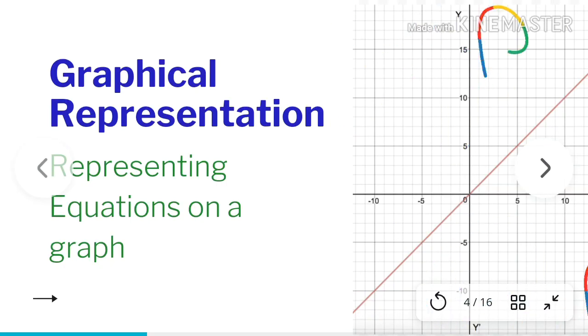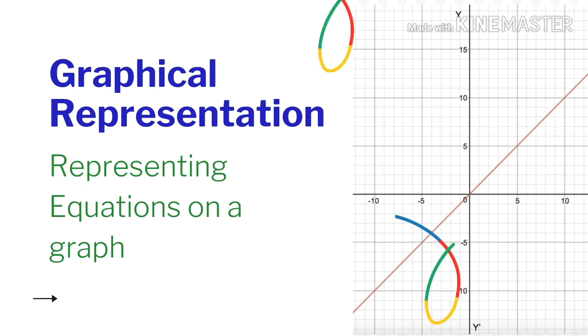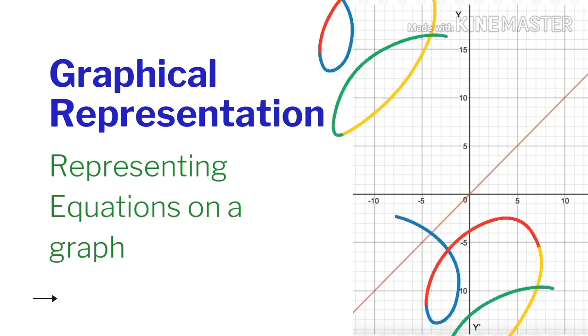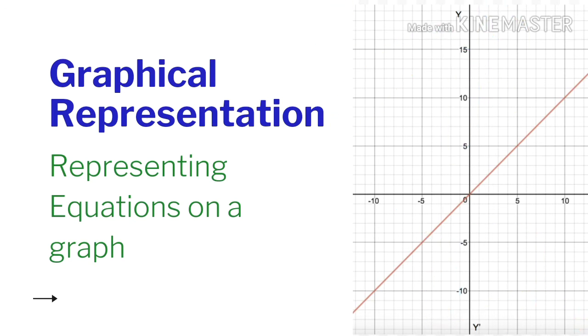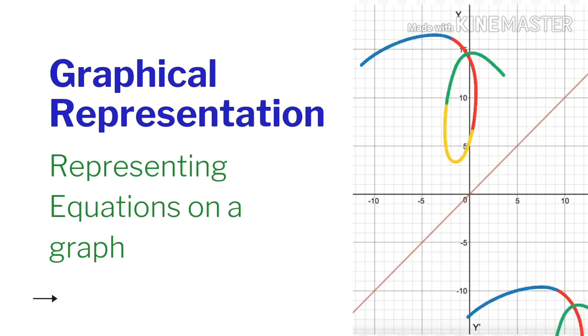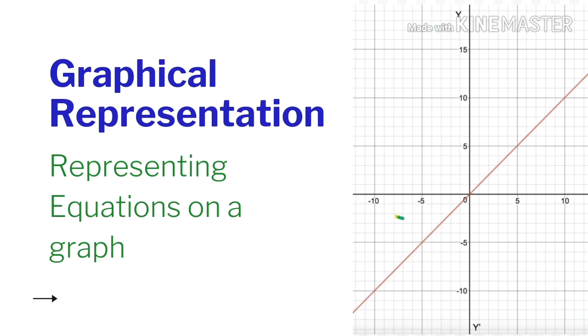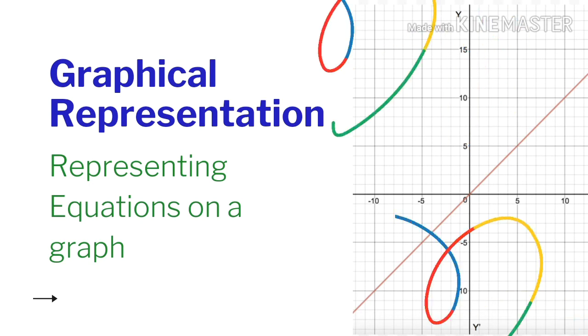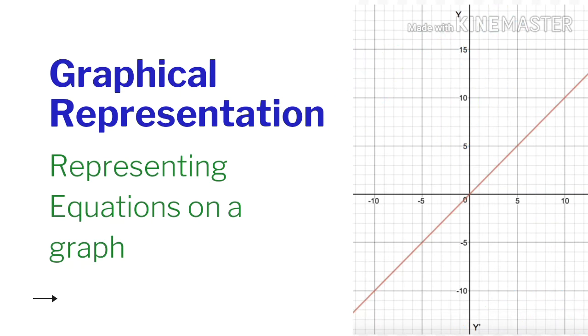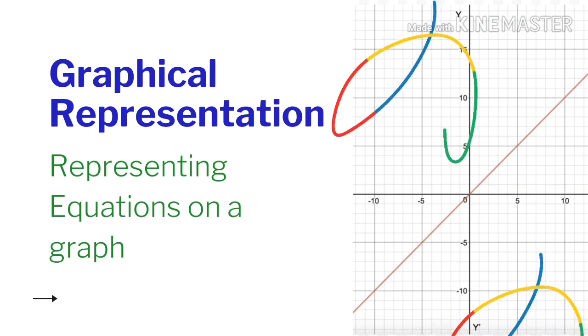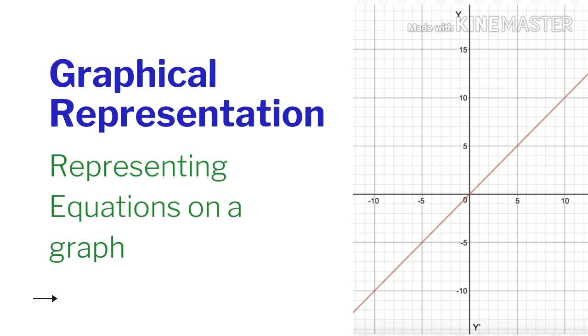Moving to the important topic, the graphical representation. Any equation can be represented on a graph on the Cartesian plane, where each point on the graph represents the x and the y coordinate of the point that satisfies the equation. For example, here in this slide, I have taken the equation y = x. On a graph, it will be a straight line that joins all the points which have their x and y coordinates equal. For example, (1, 1), (2, 2) and so on.